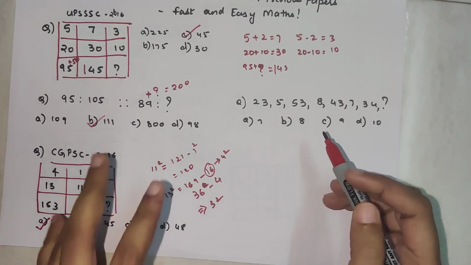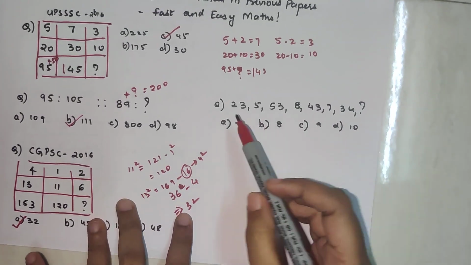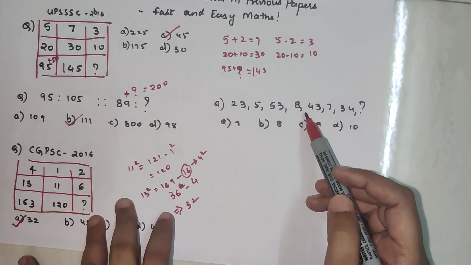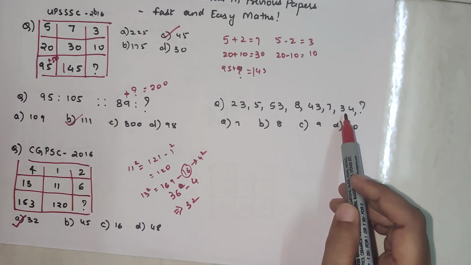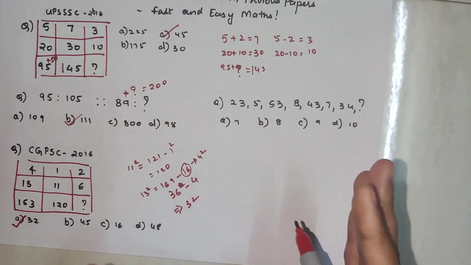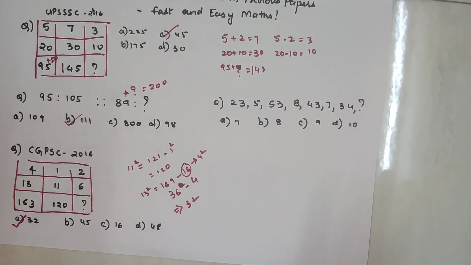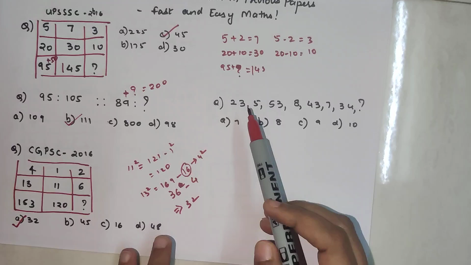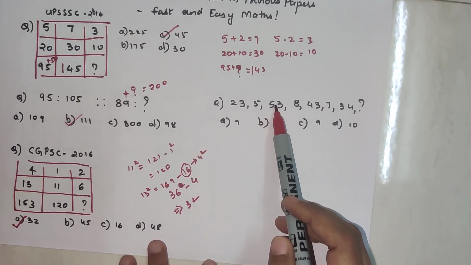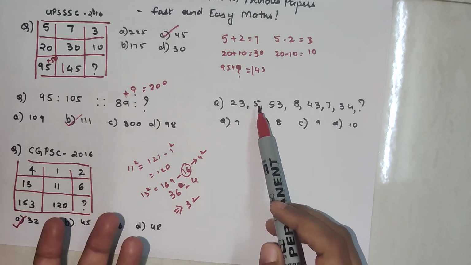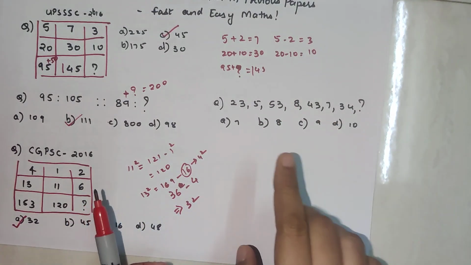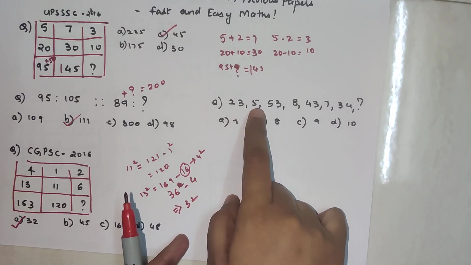Okay, so now this question was quite interesting. We have 23, followed by a 5, then we have 53 followed by an 8, then we have 43 followed by 7, and then we have 34. So see, there are times when we have sequences which go up, then go down and all of that. But here, if you see, there is no coordination. Here we have 23 and 53, the difference is how much? 30. Then we have a difference of 10. I'm talking about alternate numbers because we are not able to find any relation between these two.